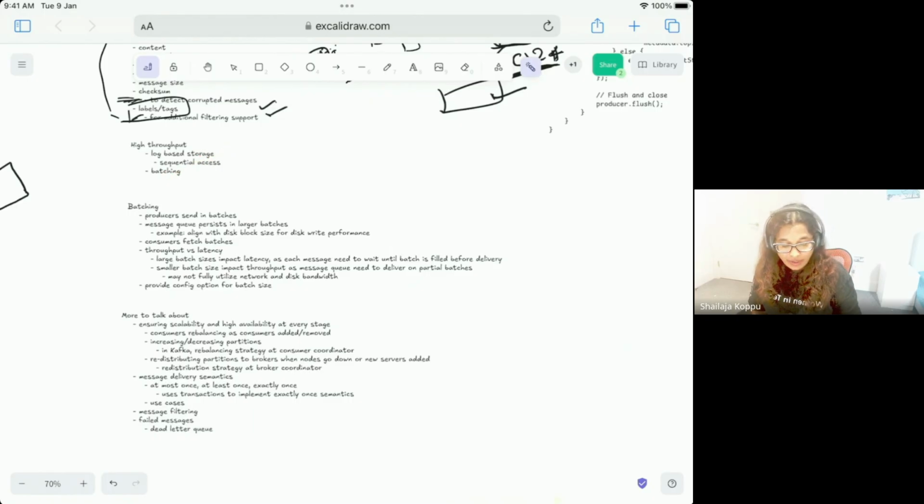In case of batching, what happens? The producer sends messages in a batch, not like a single message. This is to take advantage of the network bandwidth.